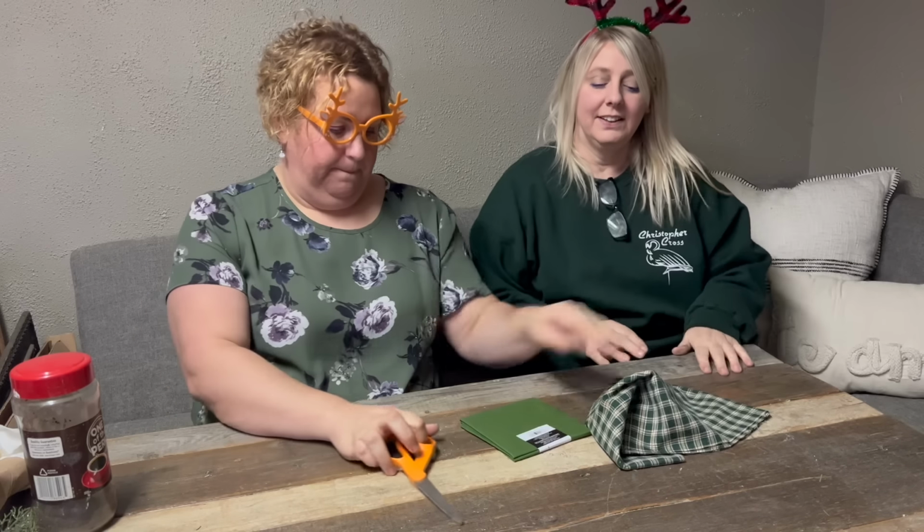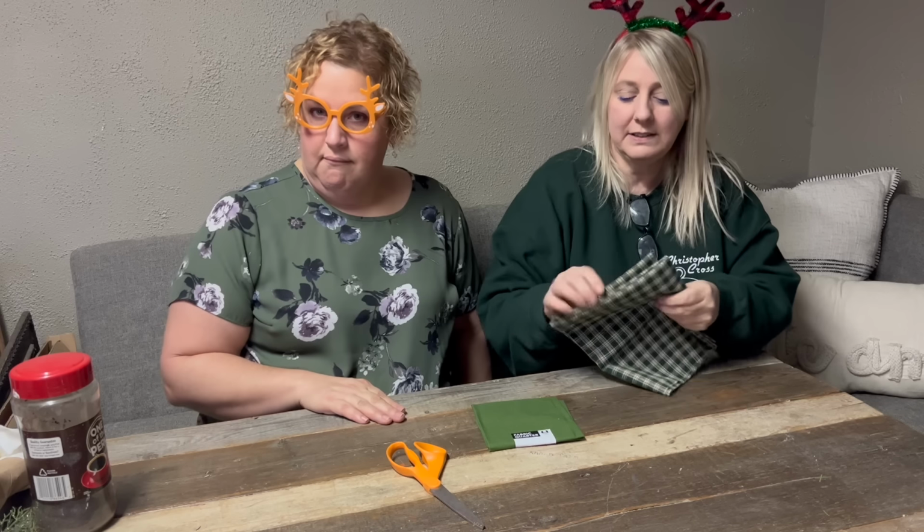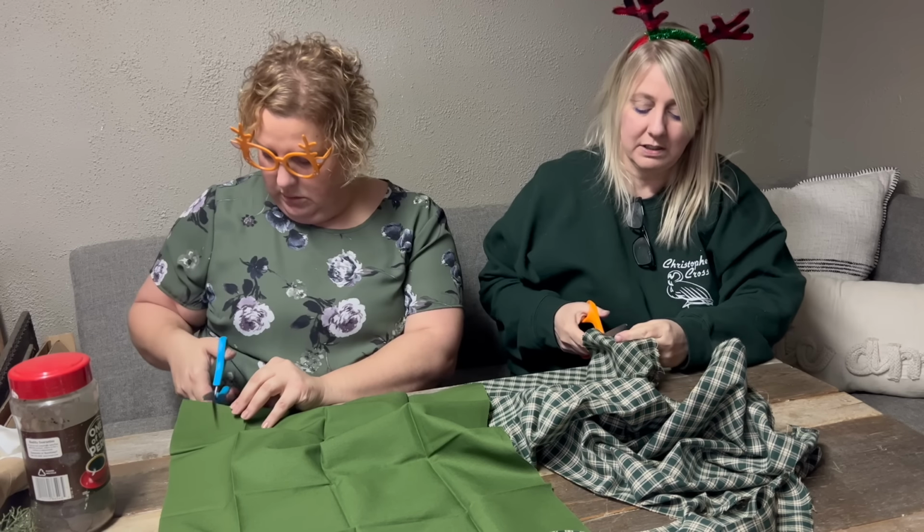After I washed the paint off my head, Jenny and I decided that we were going to rip strips of fabric for our garland. All right, Jenny, we're going to need a little bit of fabric for our tree garland. So let's go ahead and start ripping some strips here. It doesn't matter. We're just kind of...